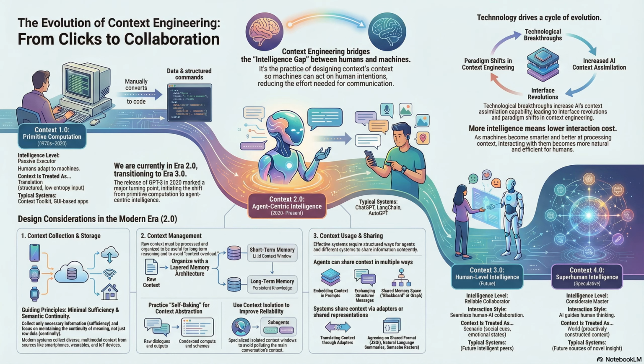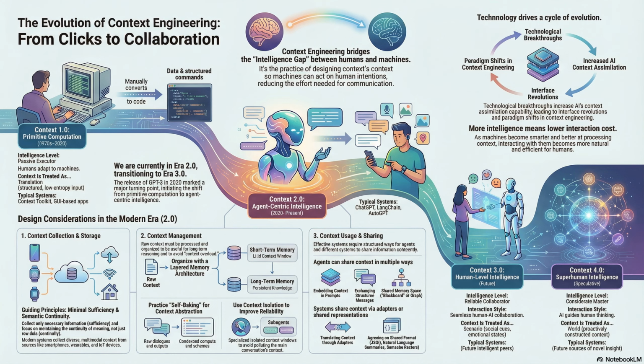Let's pause there immediately, because entropy reduction sounds like we're about to do a physics problem. I barely passed high school physics. How does entropy apply to me typing on my laptop? Well, it's the core problem of the communication gap between us and machines. Think about carbon-based intelligence, you and me. When we talk, I don't have to explain every single detail. You fill in the gaps. You use shared knowledge, body language, all of that to lower the entropy, or the chaos, of the information. If we're sitting at a dinner table and I just say, pass the salt, I don't have to give you the GPS coordinates of the salt shaker or explain that salt means sodium chloride. You just get it.